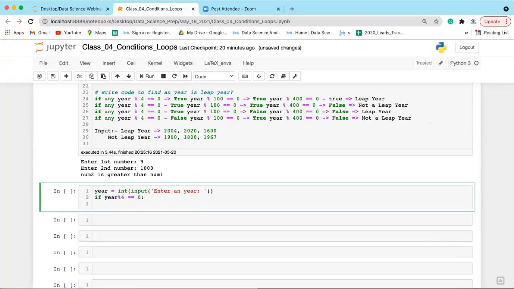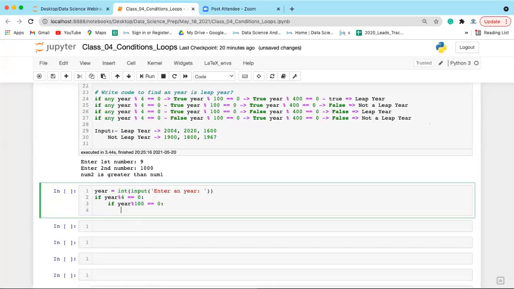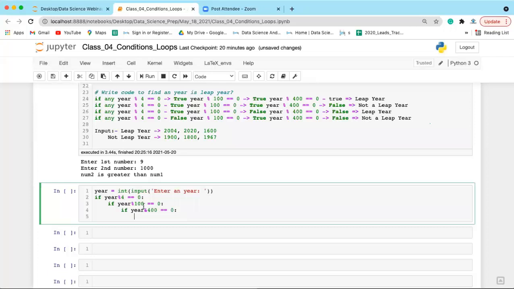Then I have to check whether that year is divisible by 100 also or not: year % 100 == 0. If it is divisible by 100, then I'll also check whether it is divisible by 400 or not. If all these conditions are true, then we print here it is a leap year.